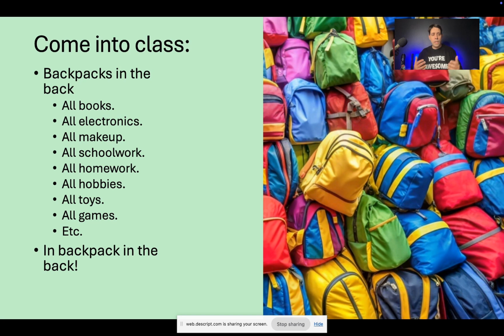I don't want to be giving a lesson to a student who's reading Harry Potter. I don't want to be giving a lesson to a student who's playing a video game. And so I'm setting the boundary up front. All this stuff goes in your backpack and it stays in the back of the class. Now, one way I enforce the backpack thing is I stand at the door and I greet my students one by one. I try to look in their eyes and I greet them and I say backpack in the back, and I'm just always encouraging this behavior.